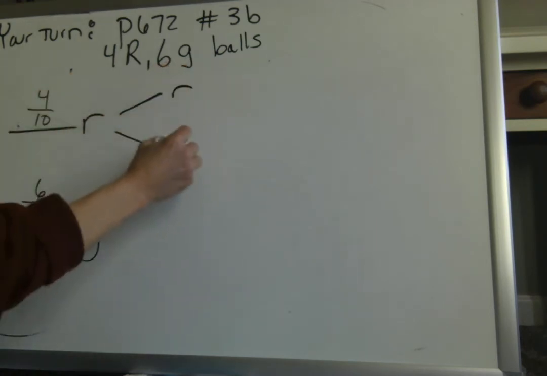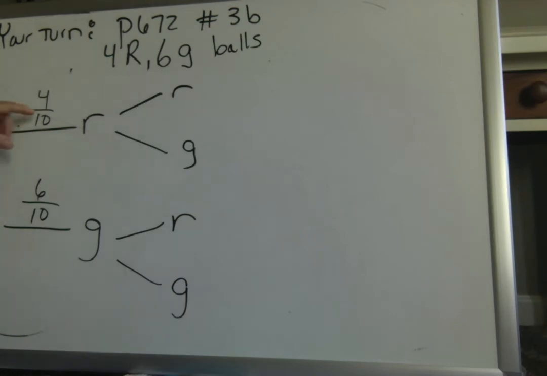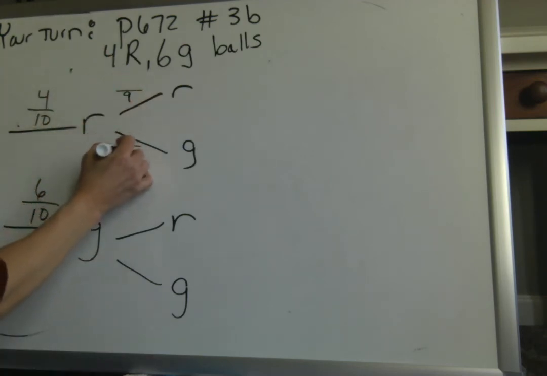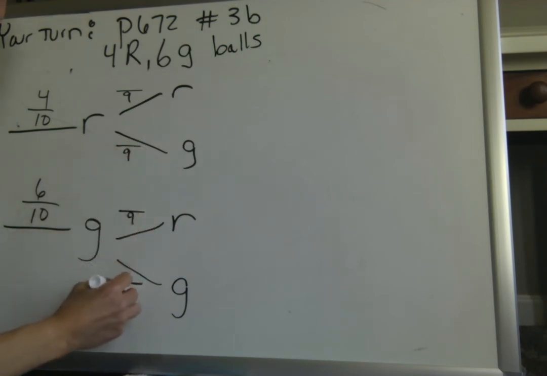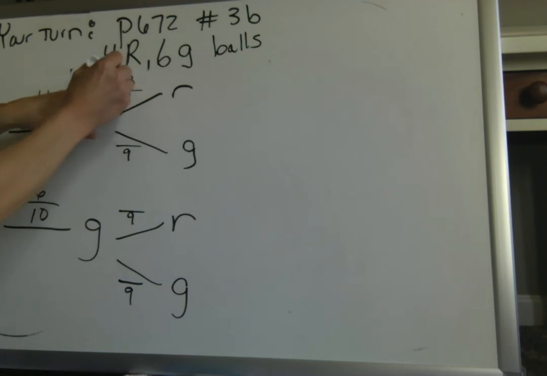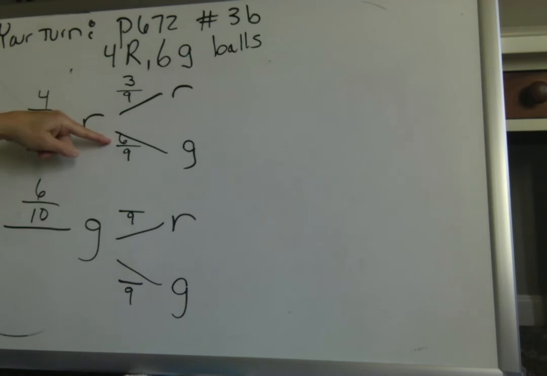So now we know that that's the next thing that can happen. I'm prone to making silly mistakes also, so let me show you something I do. Since this was without replacement, I know on the second draw I only have 9 balls. So I go ahead and make all my fractions out of 9, so I don't forget that I'm not out of 10 anymore, I'm out of 9. All right, if I picked a red, then I only have 3 reds left. But I still have all 6 greens left. And look, 3/9 plus 6/9 is 9/9. That equals 1 right there. Good, I haven't made a mistake.